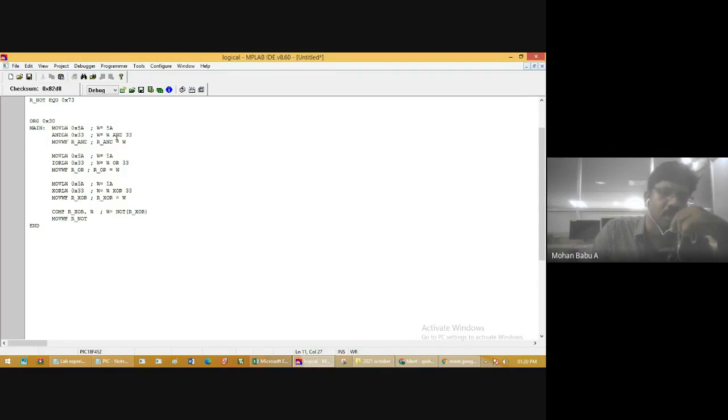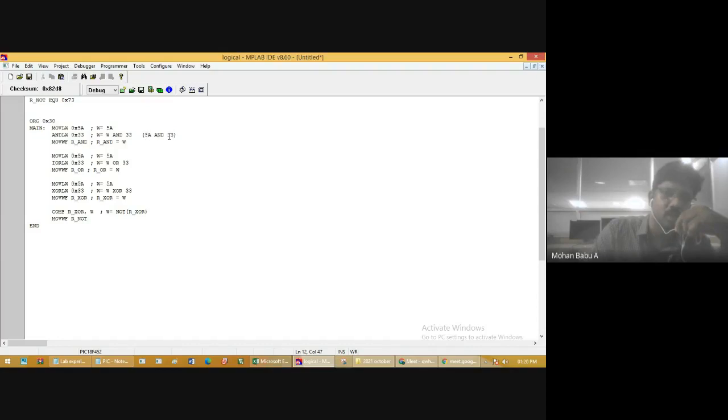This instruction will do the logical AND operation on these two values, 5A and 33.